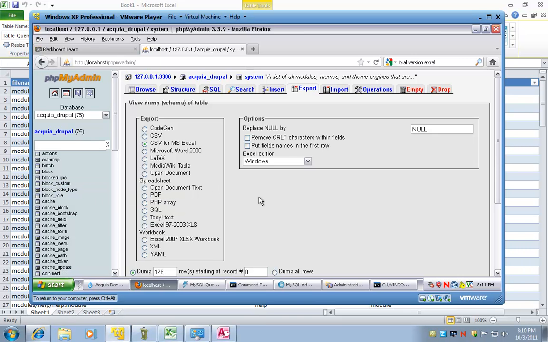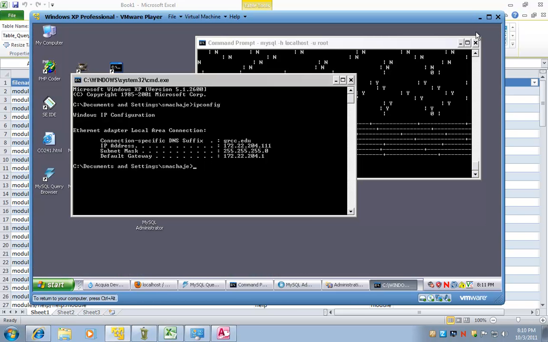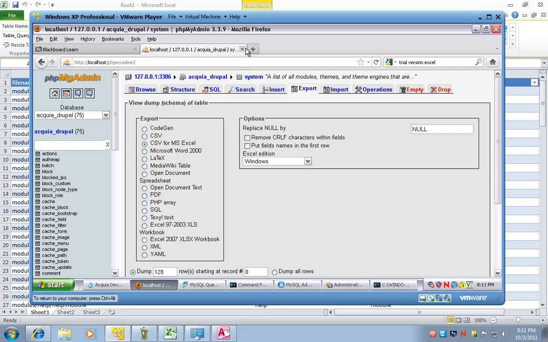So, from here, there's only one more tool that I wanted to show you, and that is how can you connect a PHP script to the database, because that's important to us. We want to know how to connect a web page. And so here's how you do it. The first thing you want to do is you want to go to